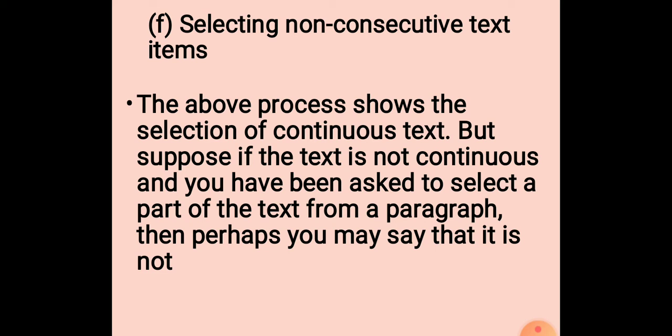You can use the Ctrl key to do the selecting process in a non-consecutive manner. For example, you want to select text number 1 in the beginning of the document. In order to select it, just double click that particular word. Again, text 5 also needs to be selected along with text 1, which is not in a consecutive manner. What you will do then is press the Ctrl key and once again double click over the word, so that non-consecutive text can also be selected.